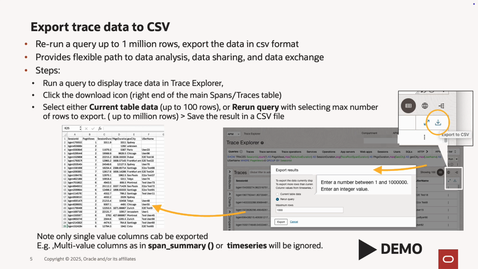The next feature I would like to mention is the export to CSV. When you run a query, the results may have more than 100 rows, which is not displayed in the Trace Explorer user interface. This feature allows you to select the max number of rows to export, up to 1 million. You can rerun the query in the background and download the results, which you can save in the CSV